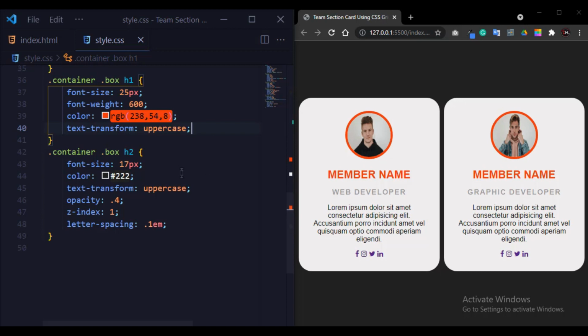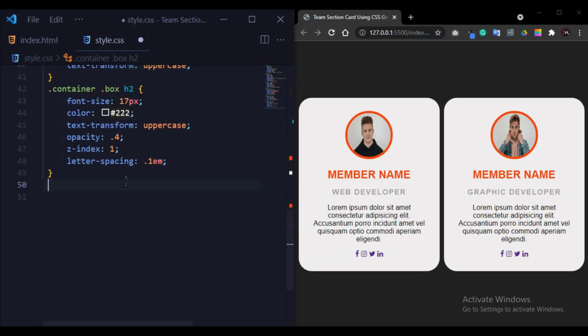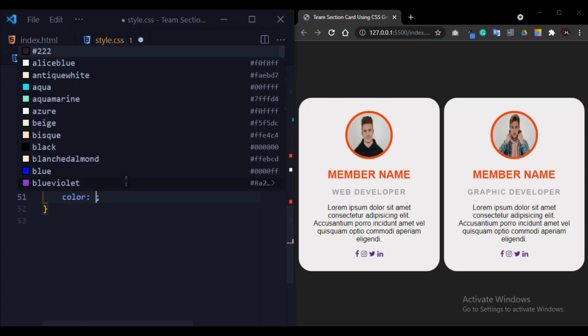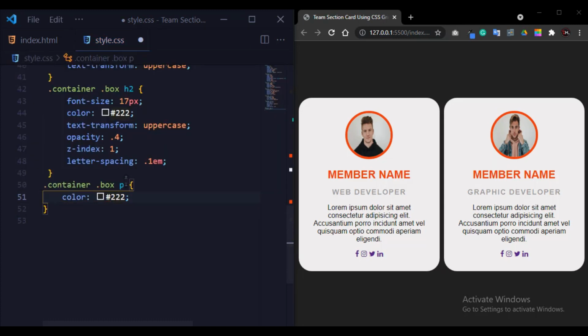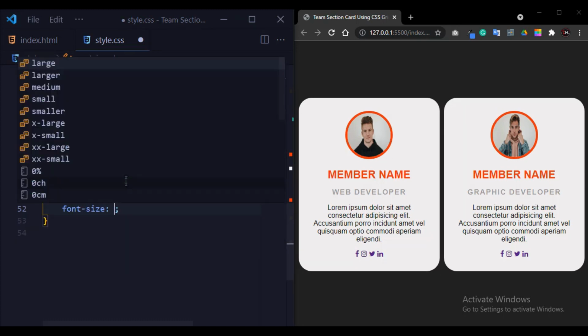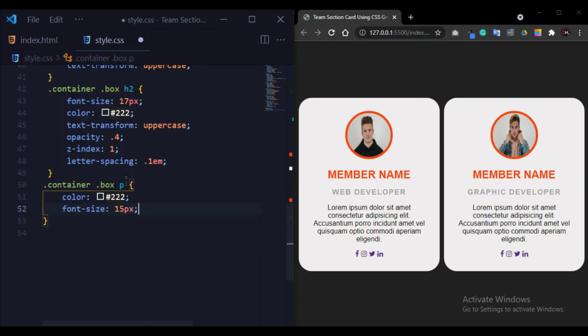Okay, so now I will write the code. Oops, sorry. Now I will write the code for paragraph. First of all, I will change the color to black, then font size 15 pixel.